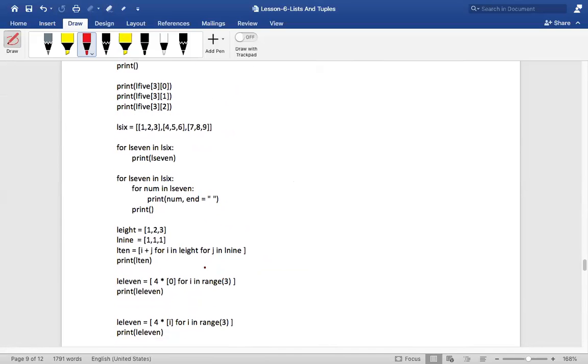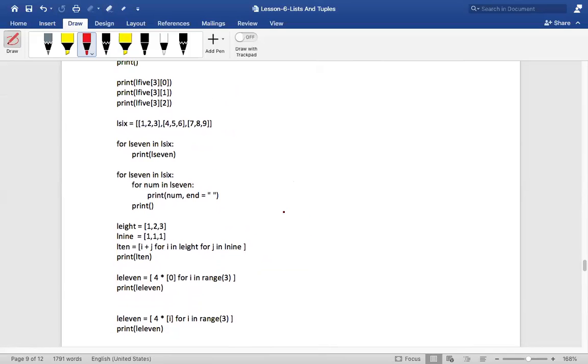Okay, so I will divide this now. Tell me if I'm right or wrong. For i in 1, 2, 3, colon, for j in 1, 1, 1, then I would make the list as i plus j. This will be my element in the list. So am I right, my dear friends?